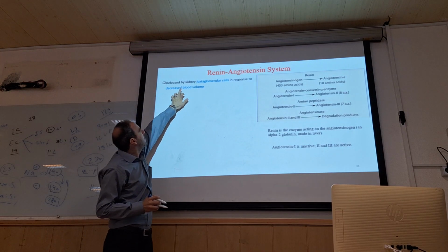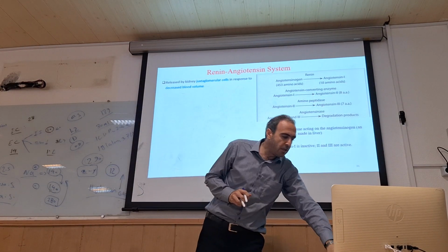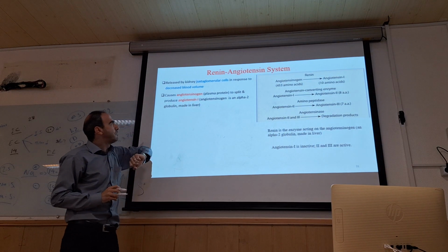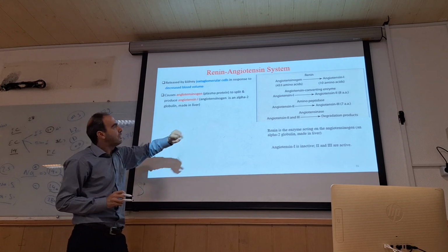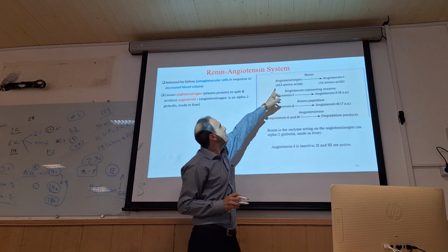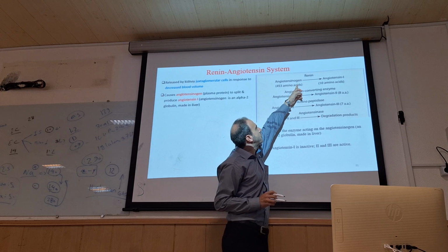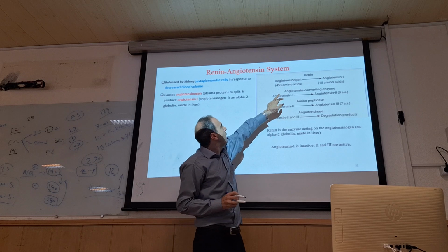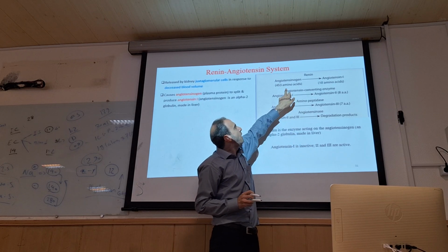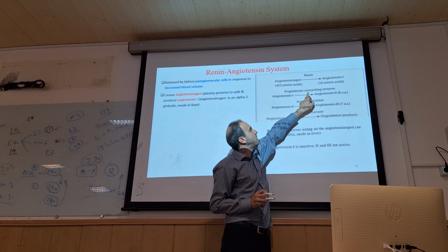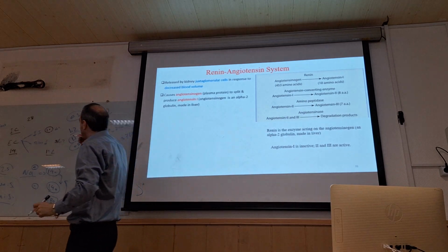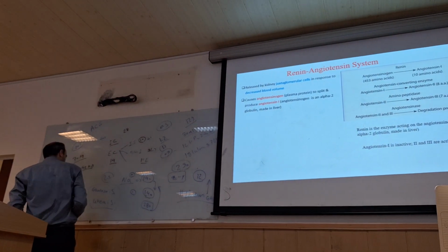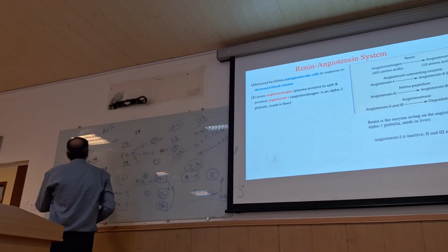In response to a decrease in blood volume, they start to secrete renin. When renin is produced, it leads to the conversion of angiotensinogen to angiotensin 1. Then we have an enzyme known as angiotensin converting enzyme, or ACE. ACE converts angiotensin 1